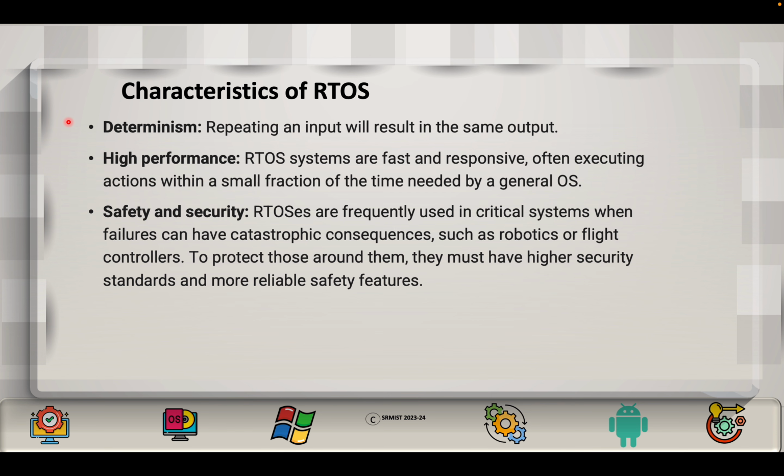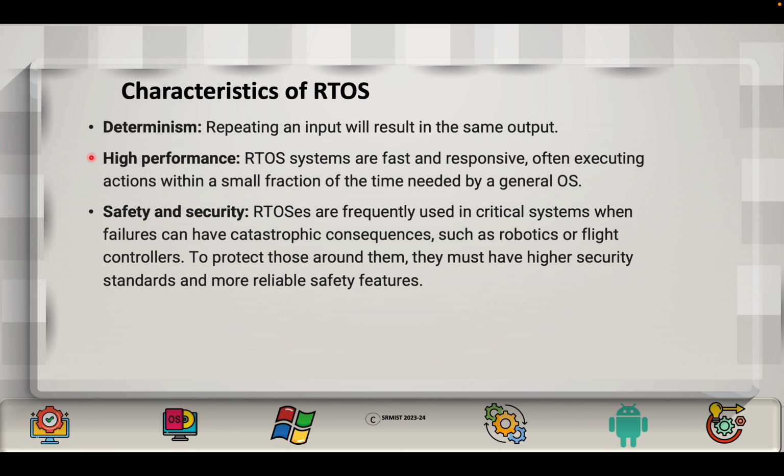Characteristics of an operating system. What are the characteristics? First, determinism. Repeating an input will result in the same output. If you repeat the input, the result will be the same. Second, high performance. RTOS systems are fast and responsive, often executing actions within a small fraction of the time needed